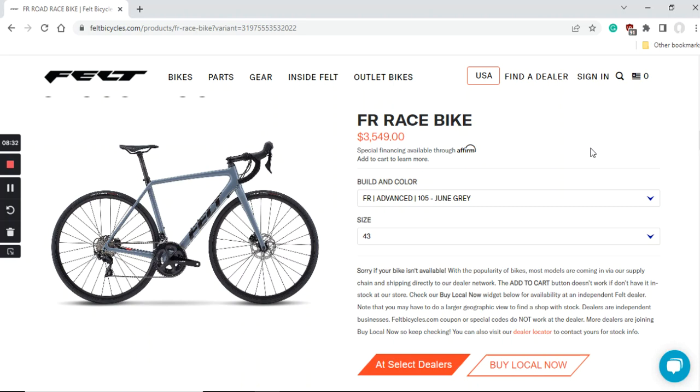So all in all, in summary, what is my advice to you? Should you just go ahead and buy this bike, or should you just consider this bike? Well, when you consider the retail price of $3,550, I believe it's a bit too much. I think this bike should be a maximum price of $3,200. So if you can get this bike from your local bike shop for $3,200, definitely go ahead and buy